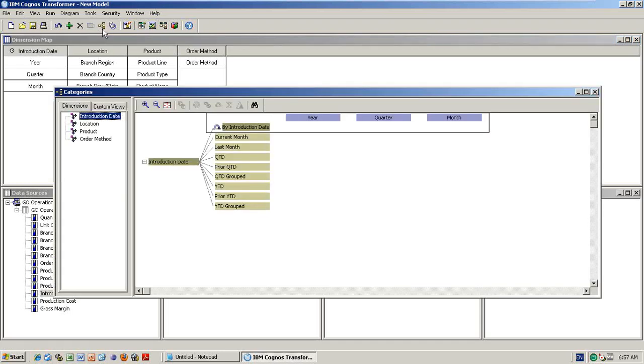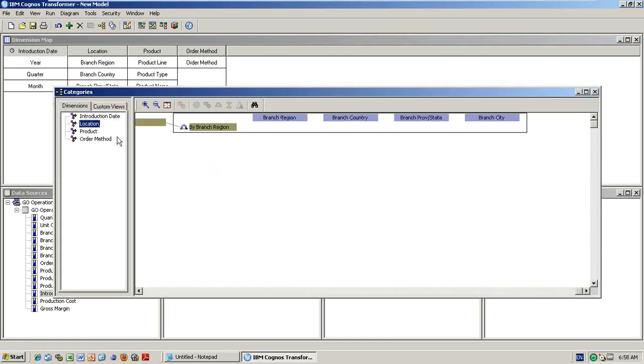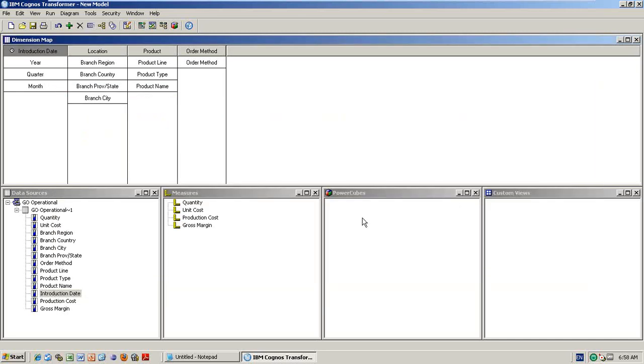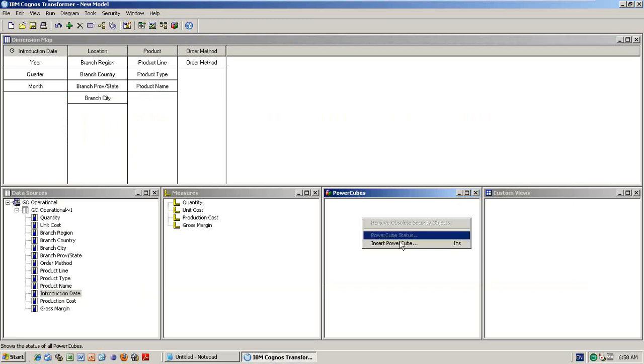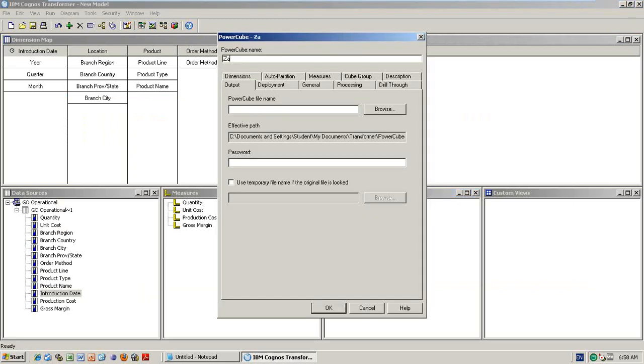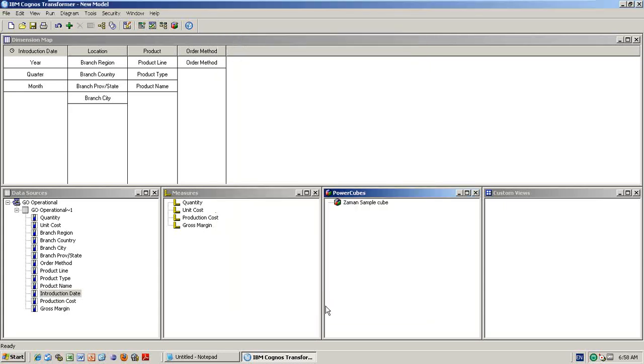If you are observing the diagram here, see whatever things you created, no values are there, but the structure is created. See, product dimension: product line, type, name. So product line, type, name, location: region, country, state, and city, like this. Now go to the Power Cube, right click, insert the Power Cube. Maybe I am expecting Jaman sample cube. So you created the name now, then click OK. So the cube has to be created. I created the name of the cube. Right click,